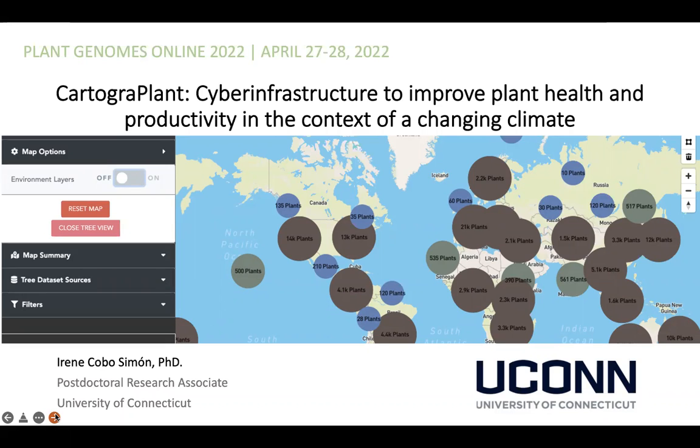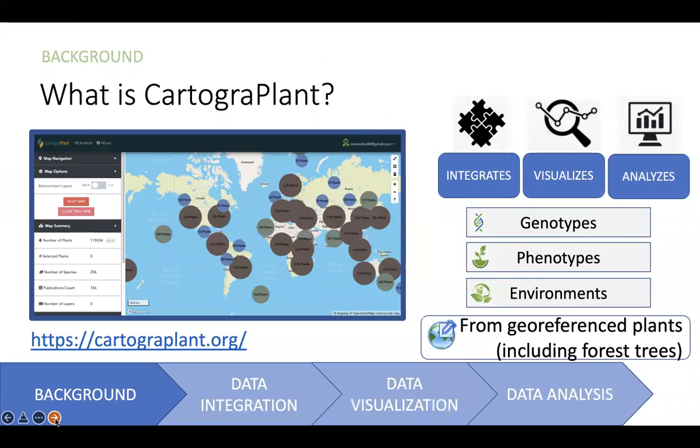And I'm here today to talk about CartograPlant, which is a cyberinfrastructure whose objective is to help improve plant health and productivity in the context of a changing climate. So CartograPlant is basically a web-based application that integrates, visualizes, and analyzes genotypic, phenotypic, and environmental data from georeferenced plants,